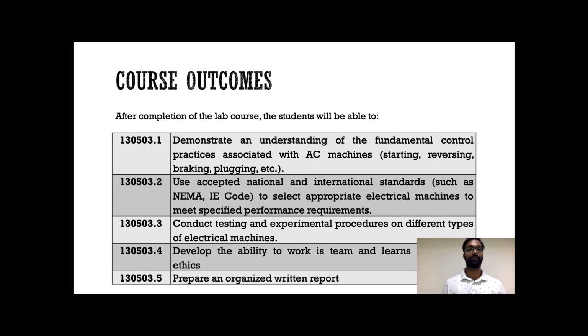Okay, coming to the course outcomes, these are the course outcomes for our lab. First one, demonstrate an understanding of fundamental control practices associated with AC machines such as starting, reversing, braking, plugging, etc. So you should be able to demonstrate the understanding of the fundamental control practices that are associated with the AC machines. Secondly, you should be able to use the accepted national and international standards such as NEMA